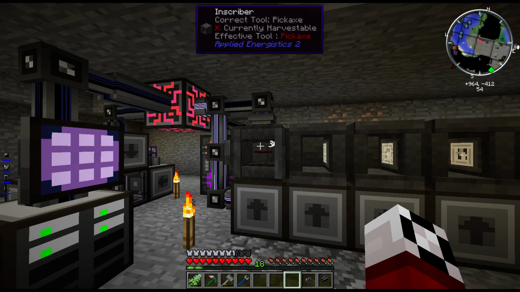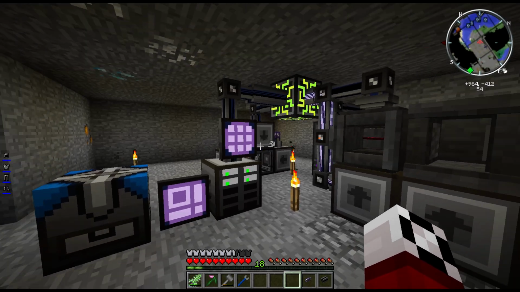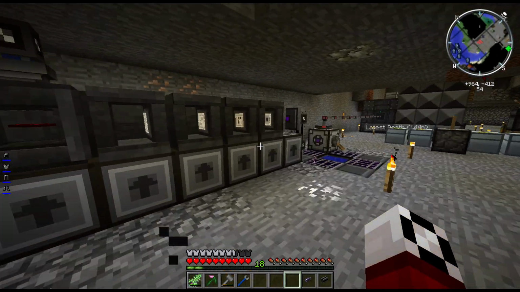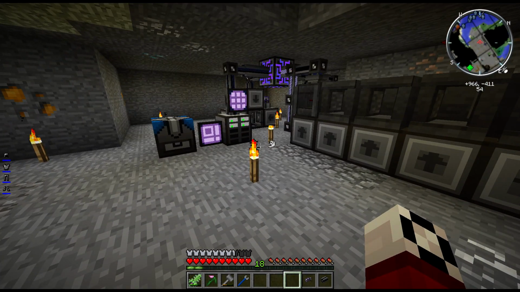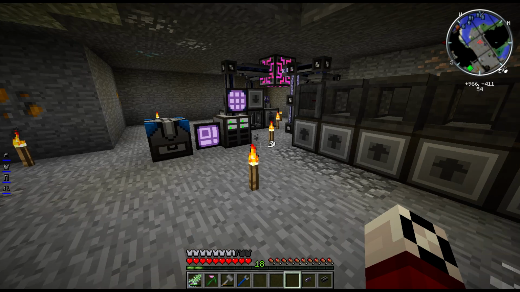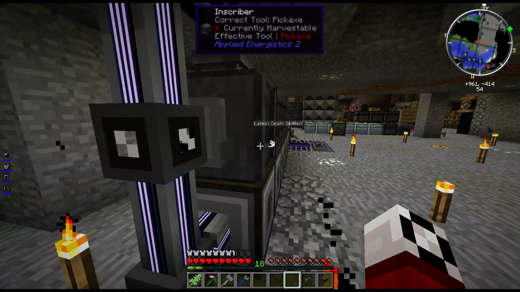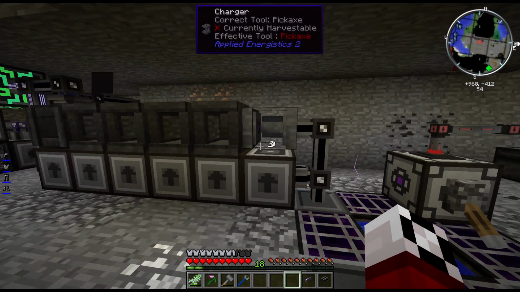So once you've got the basics set up and you're actually making machines, then you need to delve further into Applied Energistics. And this is where it really comes out. Applied Energistics is basically designed for storage and automation. And by automation I mean automatic crafting and stuff like that. We'll start with how we automated